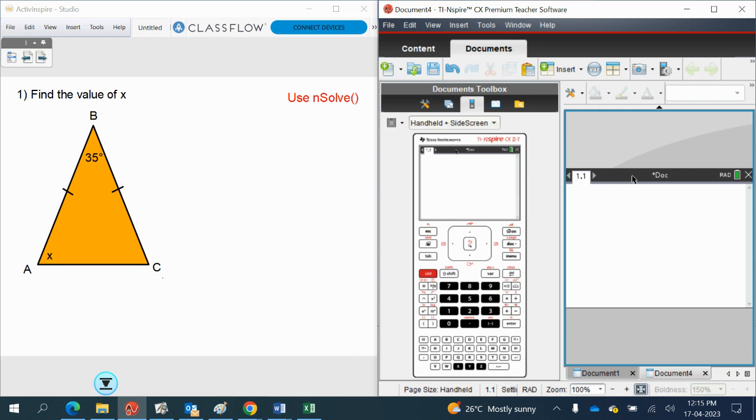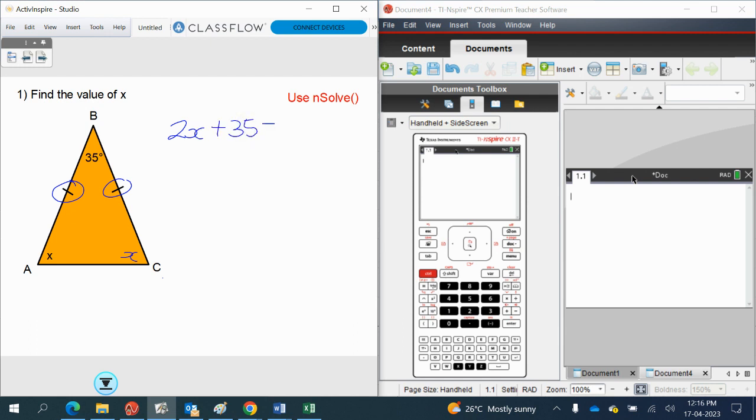Okay, so for this shape, we need to find the value of x. If we look at the shape, we can see here and here, these sides are equal, which makes it an isosceles triangle, which means that this angle here has to be the same as that angle there, so they're both x. We can then use the angle sum in a triangle to give us 2x plus 35 is equal to